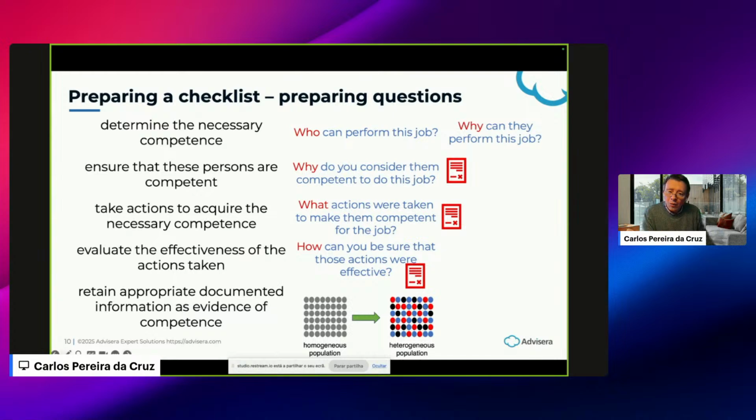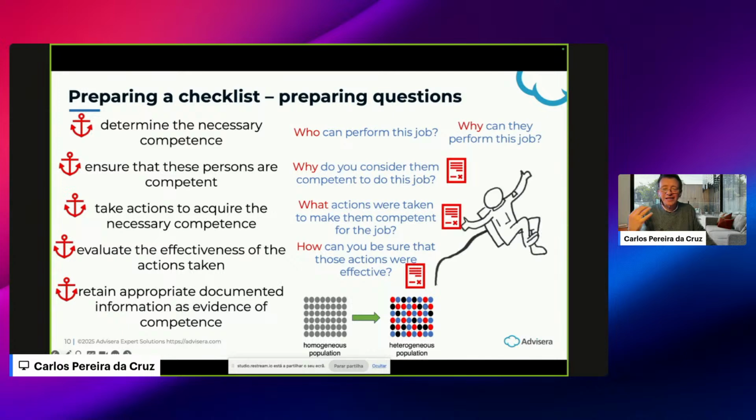So one final comment on using checklists is that working with a checklist gives me the freedom to focus on one topic. I can forget everything else. I can forget the other topics. I focus on that topic and I go as deep as I want. And when I finish a line of research, it's easy for me to jump to another topic. It's like a different anchor, okay? And the checklist is like the astronaut's umbilical cord. It gives me the freedom to investigate, knowing that I can always return to a point where I can recover the ability to control the sequence of the audit, okay? For me, the checklist is fundamental.